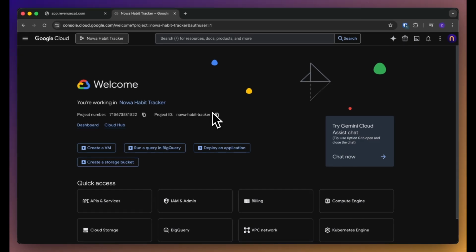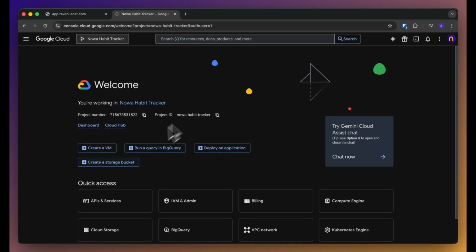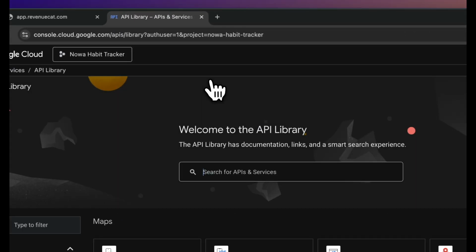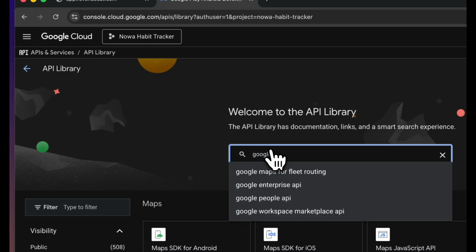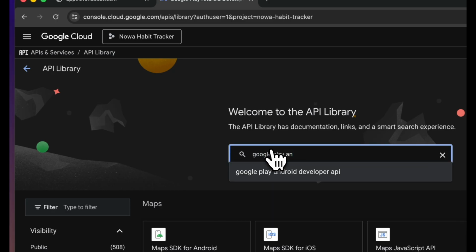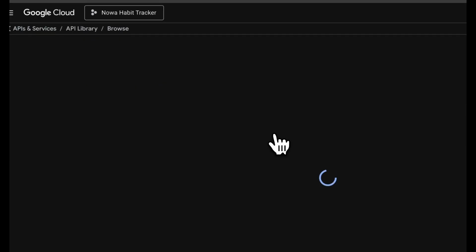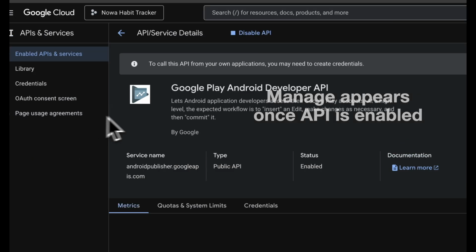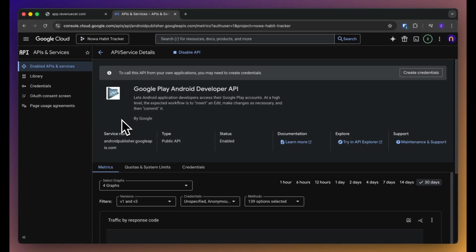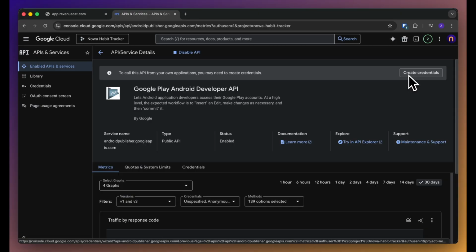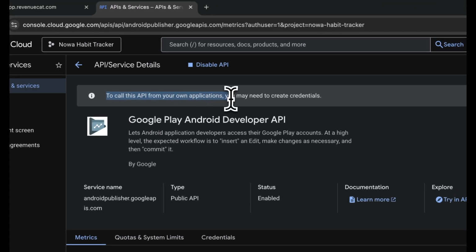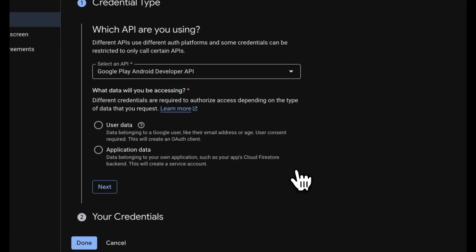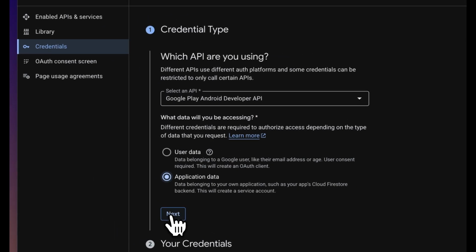Okay, now we're in. First step would be to go to API and services and enable API and services, and search for Google Play Android Developer API. Press on it, select it, and press on enable. Once it's enabled, let's create credentials for it. So it says here, to call this API from your own application, you may need to create credentials. So let's press on create credentials and select application data. Press on next,